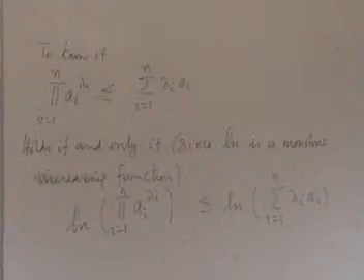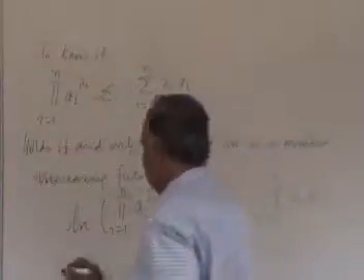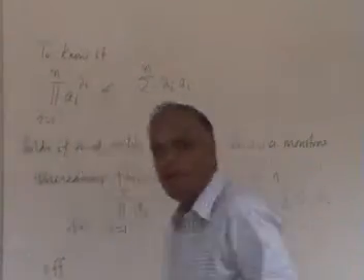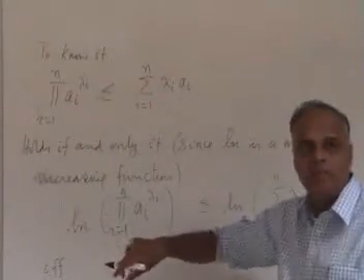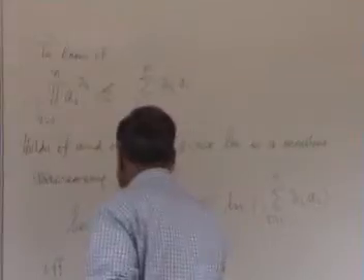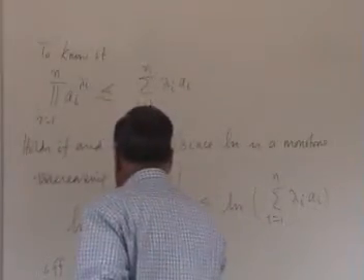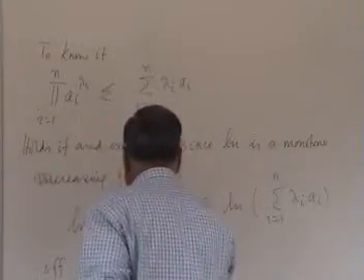Okay. This will hold if and only if the logarithm of a product is the sum of the logarithms. So it will be the sum of log ai power lambda I, but log ai power lambda I is lambda I log ai. So this will be the sum from I equal to 1 to n of lambda I log a